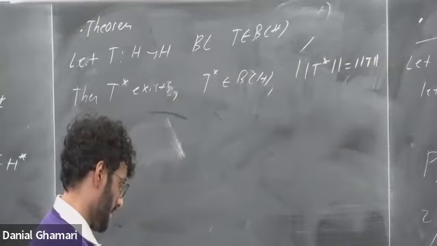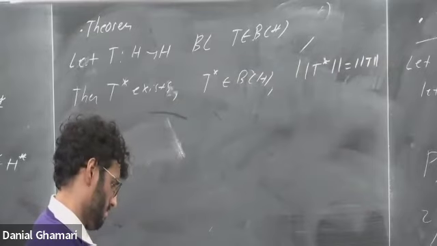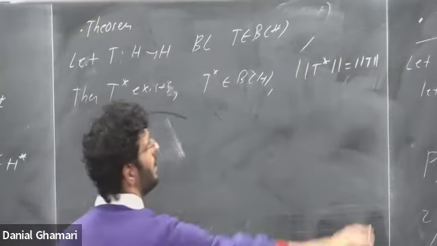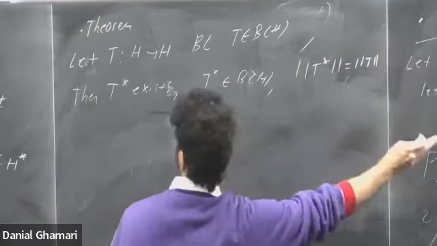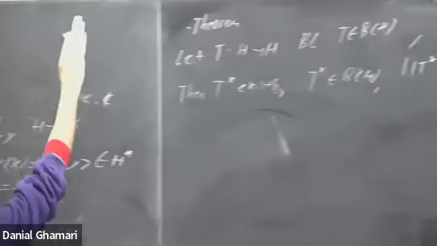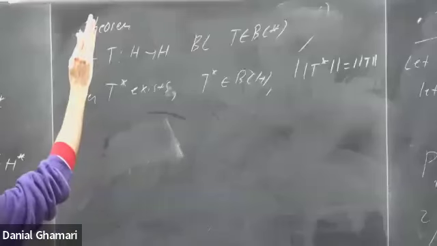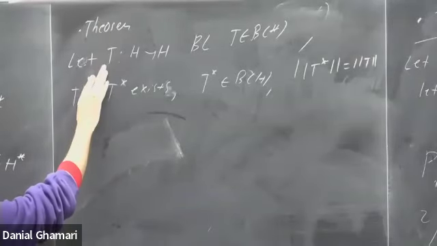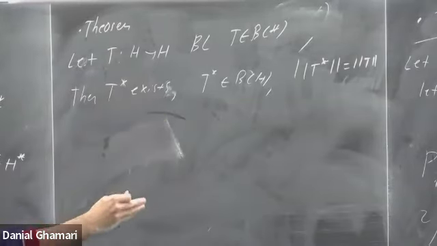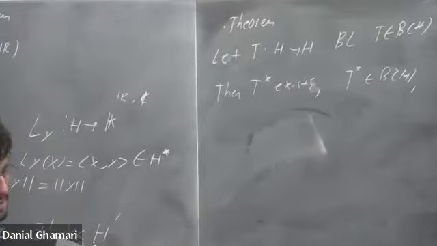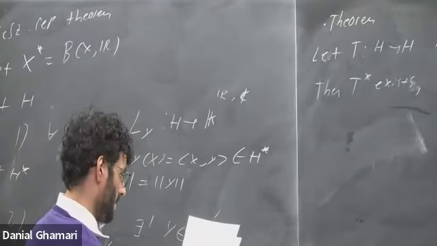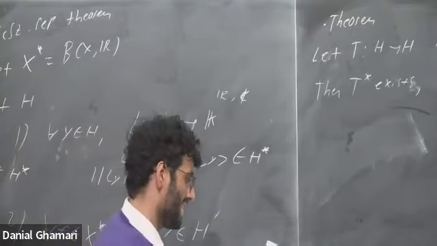You guys want to see the proof of this one? Basically, you use Hilbert's projection theorem to prove Riesz's representation theorem, and from Riesz's representation theorem, you can then prove the existence of the adjoint. And the only restriction here is that T is a bounded linear operator from H to H. Right, so here you don't even need compactness or anything like that. You just need the fact that it's bounded linear. I'll just prove this theorem because it's kind of nice.